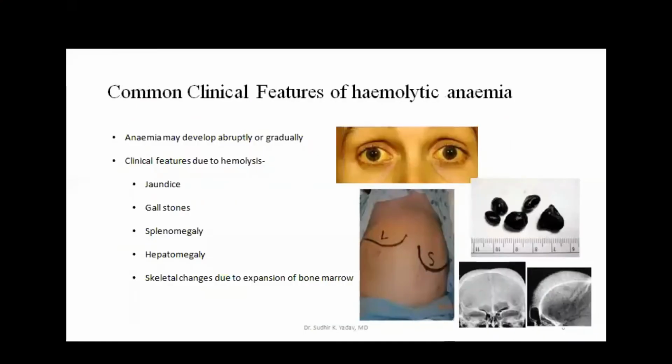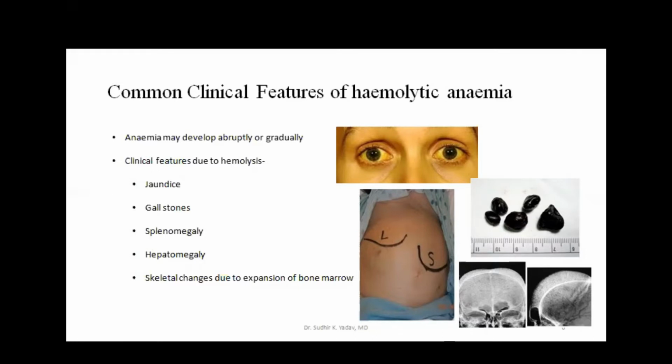Let us discuss some of the common features. There is hemolysis, which means loss of hemoglobin, so the total hemoglobin value will be less. These patients will have anemia. Hemoglobin is metabolized into bilirubin, so bilirubin will be high in these cases, and high bilirubin presents clinically as jaundice, icterus.